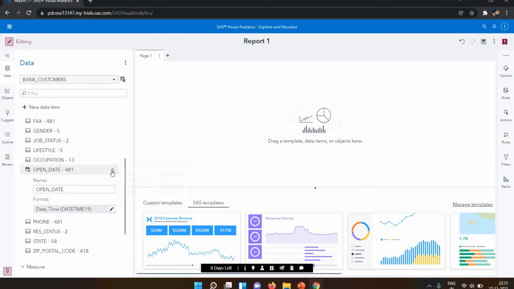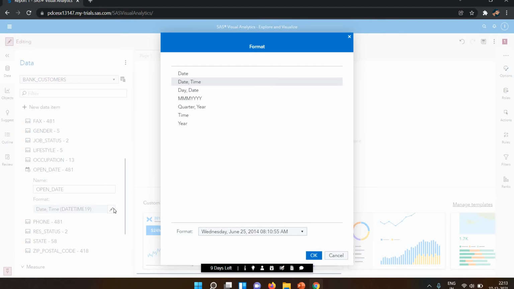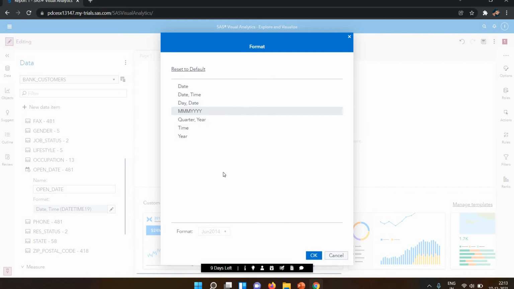If you click on this date, you can see the date format here. If you want to change the date format, click on this pencil sign. I'm taking this format of the date.